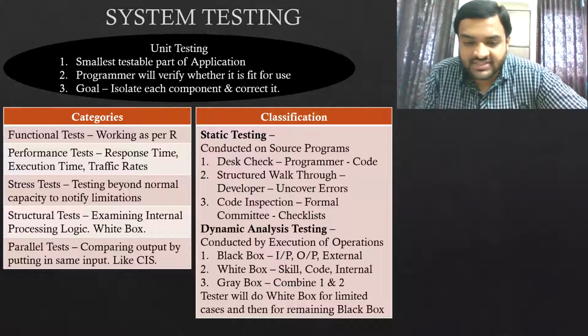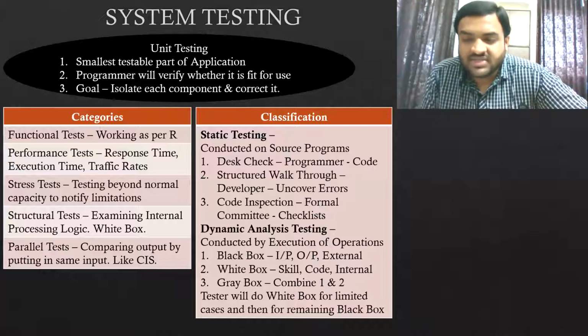Black box testing. Now this is a type of external evaluation. What we will do is, we will input some data into the system and we will verify the output, whether it is correctly executed or not. Again, what we will do is, we will give the information for processing such as 2 plus 2 or 4 into 8, something like this, and we will verify the output whether it is correct or not. So that is what is black box testing.